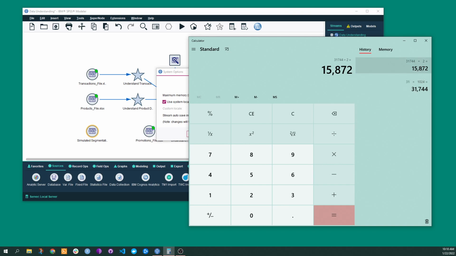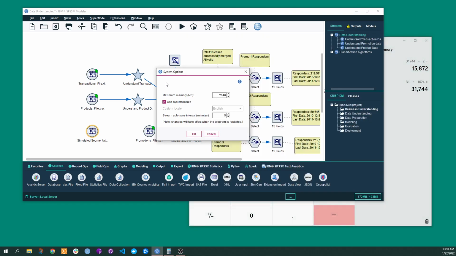So even if I took half of that, even if I set the setting to 15872, for example, it would be something that would improve the performance. So right here, now again, I will stress you would need to set this to whatever amount of memory you have on your machine. If you happen to put more than the maximum memory that the machine actually has on it, then it'll start swapping on the actual machine. That will make things run slower. So a good rule of thumb I've always used with SPSS is about half of what my total memory is. So if I've got 32 gigs of memory, I'm going to give it 15 gigs of memory here to use